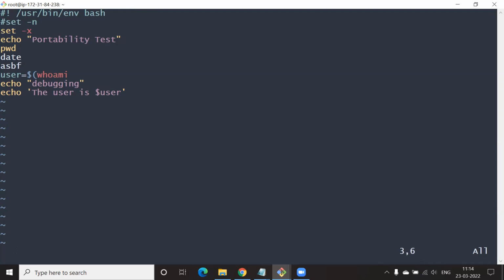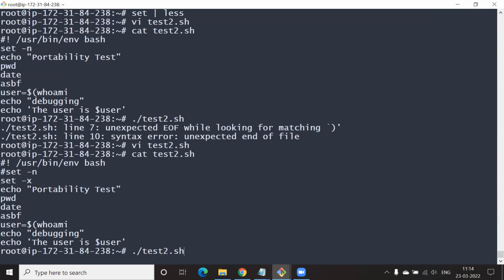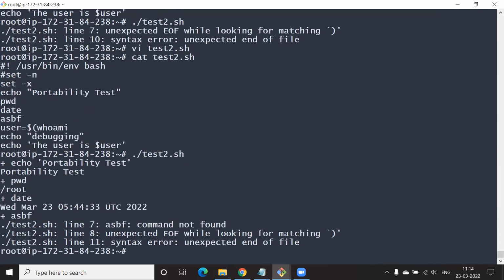Save it, cat it, run it. Cool. Now, it is also checking for whether the command is executable or not. Maybe.